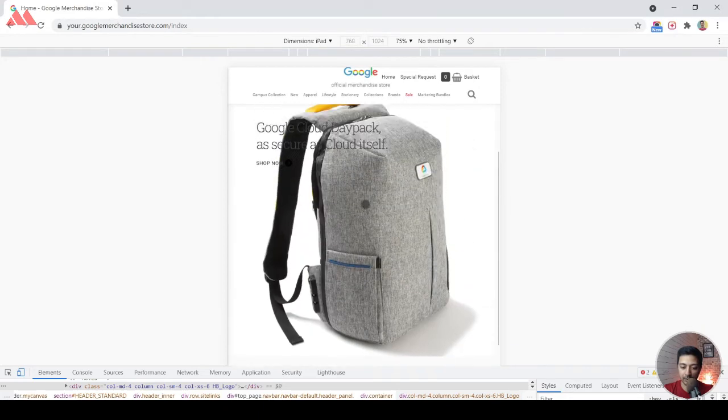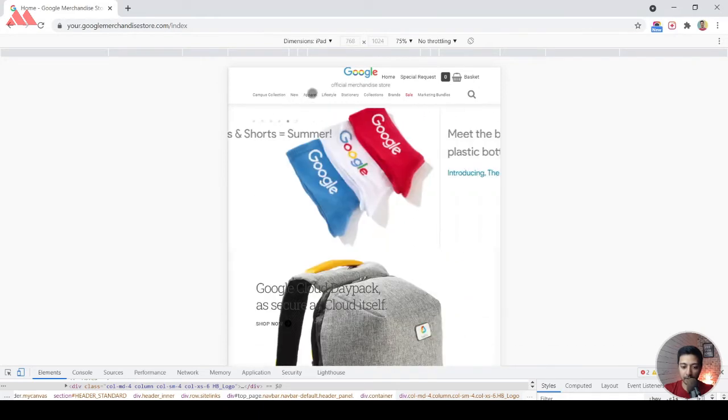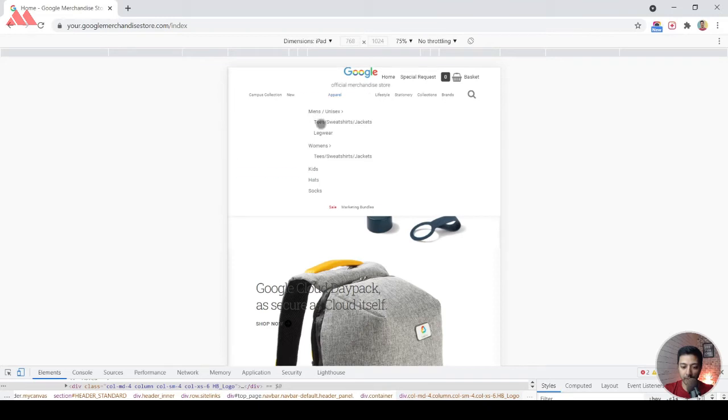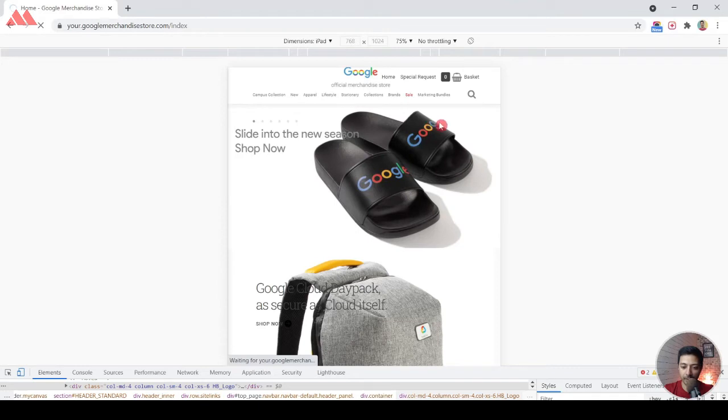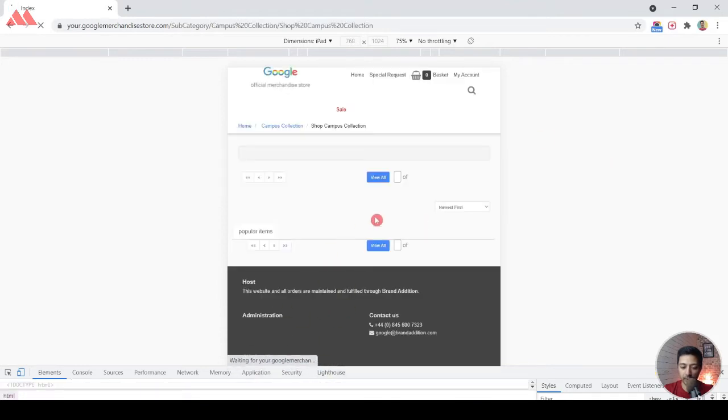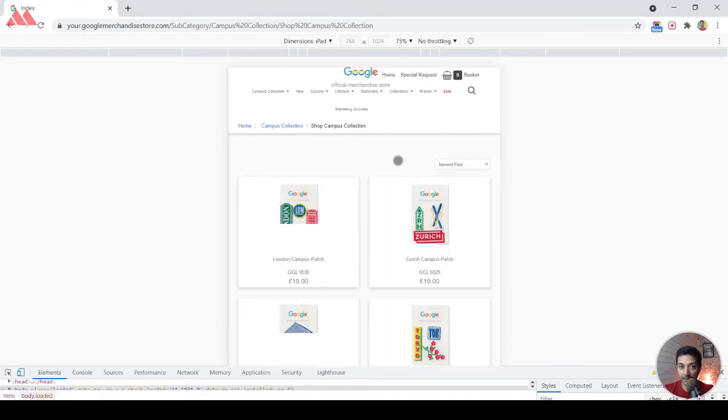And if we scroll down, there's nothing much on the home page. And maybe on the category of any product, if we click on that, or maybe click on any of the inner pages, I guess it's also taking too much time to load the page for iPad. So that might be the reason we are not getting any good conversion on iPad. If this is happening on your website, where some devices at some resolution are not showing good conversion, then this could be the reason, because the website is not loading well or there is something wrong in the UI itself.